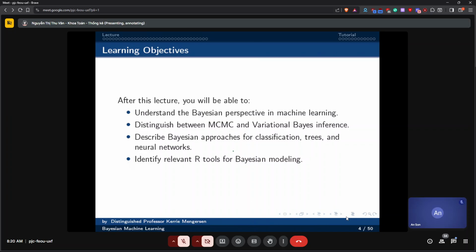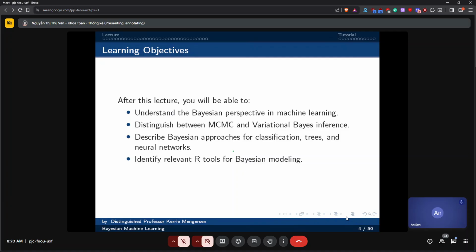So now I'm on slide 4, and the learning objectives for today are: after this lecture, we want to understand a Bayesian perspective in machine learning. I'm going to talk a little tiny bit about a different approach instead of Markov chain Monte Carlo, MCMC, which we've talked about.